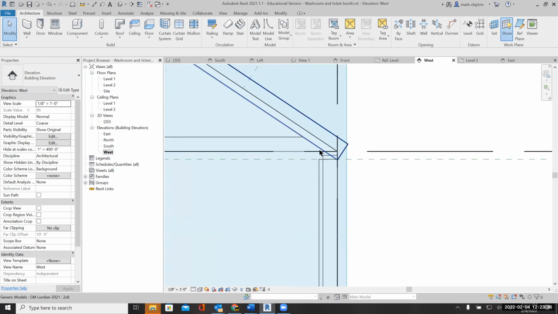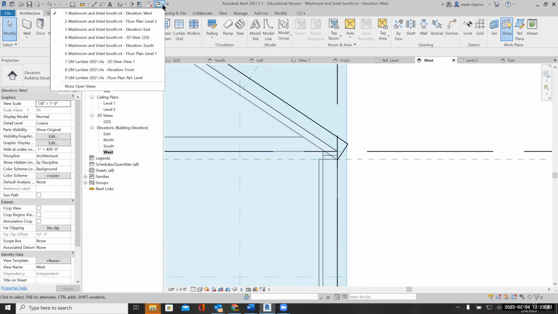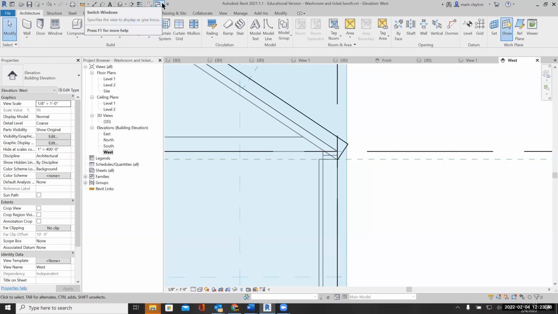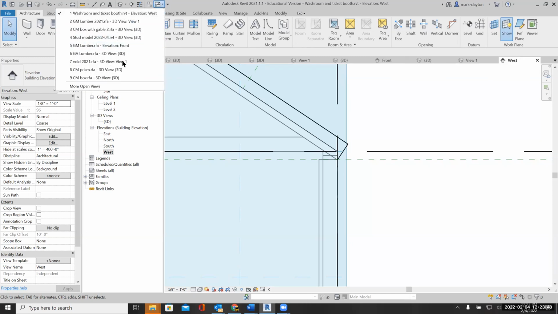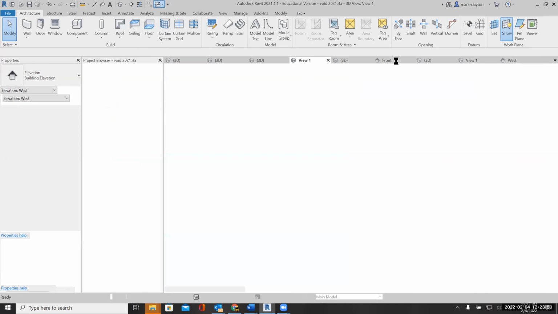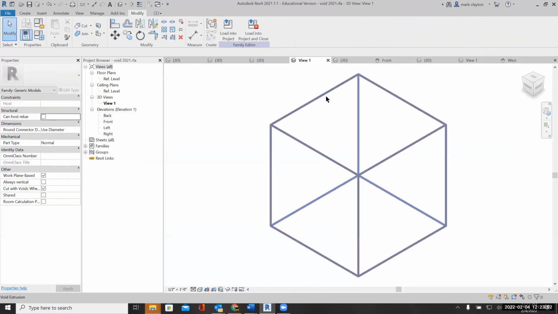And I need to cut away some of the wood. And you can do this in Revit with a void object. So I've created a void object, and I'm going to load it into my model. And this is a very simple